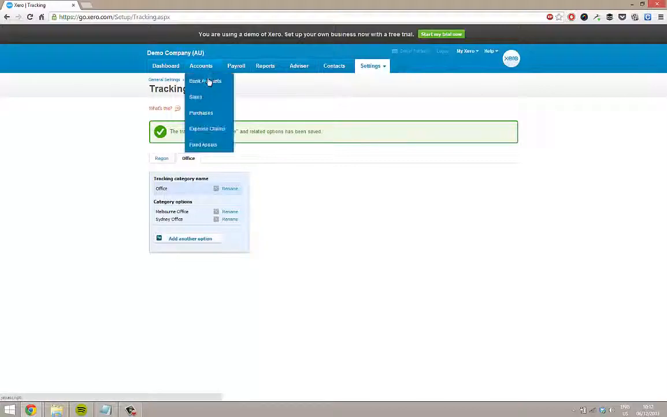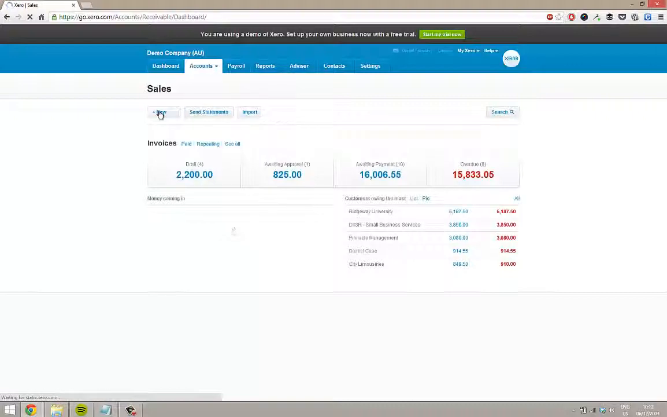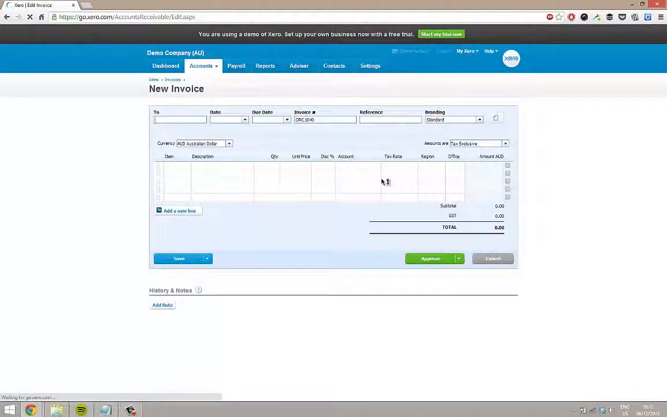So what does that actually mean? If I go into sales, for example, here, and I'll just add a new invoice in here just to be nice and easy. I'm not going to worry about who this invoice is going to or dates and things like that, but you'll notice just here I've got columns for region and for office. So for now, if I just do send this to another account, and I'll just do it for today. So here I'll just sell something at $100,